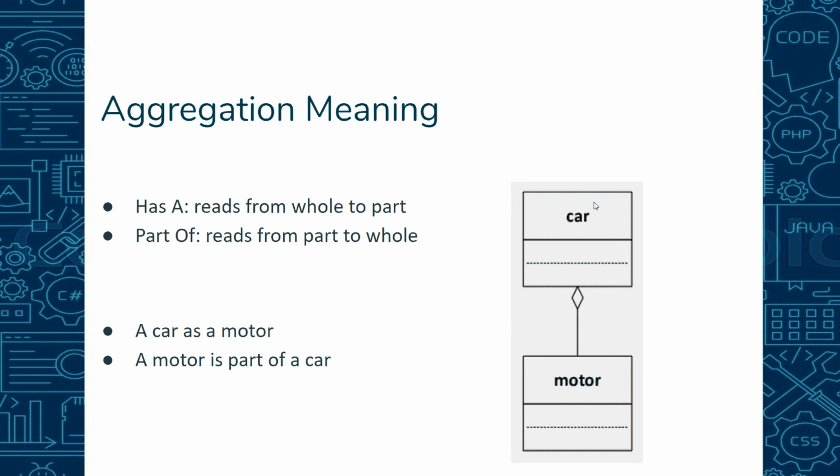Now the thing about a motor is it functions independently by itself. You might have part of the motor that breaks down, but the car is still in pristine condition. It just doesn't drive because the motor doesn't work. So it's part of each other. And I say that because we're going to find other places where you might have a has-a relationship with a